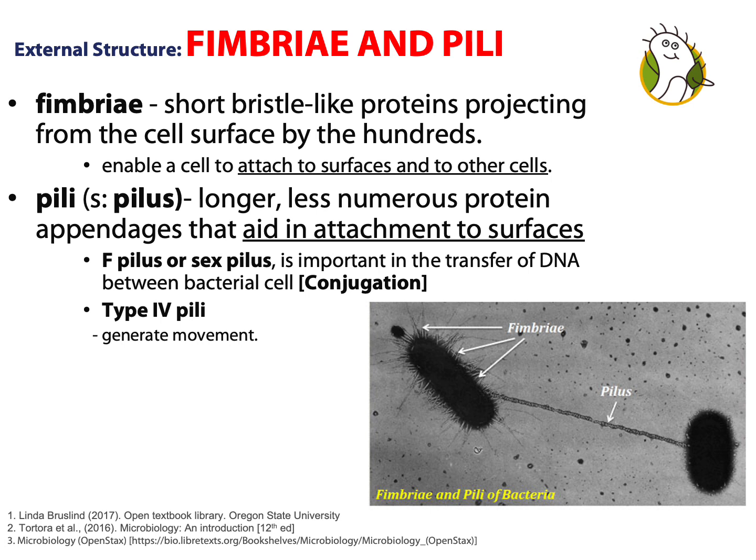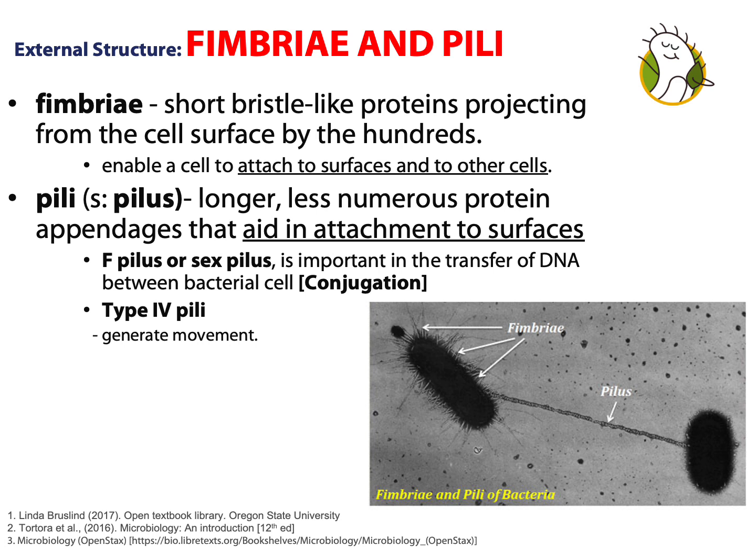Your fimbriae are short, bristle-like proteins projecting from the cell surface by the hundreds. The primary function of fimbriae is attachment to surfaces and to other cells, while your pili are longer, less numerous protein appendages that aid in attachment to surfaces as well as conjugation. You have two types of pili: your F pili, or sex pili,